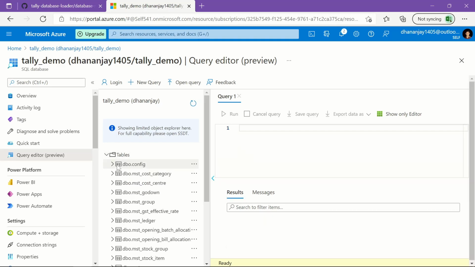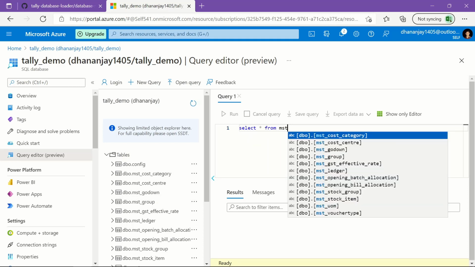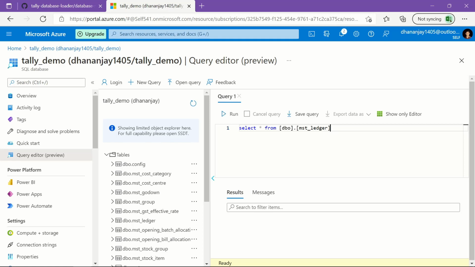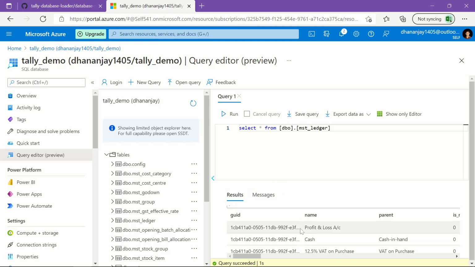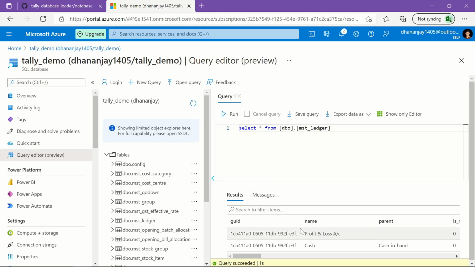So we have many tables. Let us try to query our ledger table. So select star from MSP ledger. Let us run this and check if there is any data in it. Okay, you can see some data. Okay, so our data is perfectly imported.